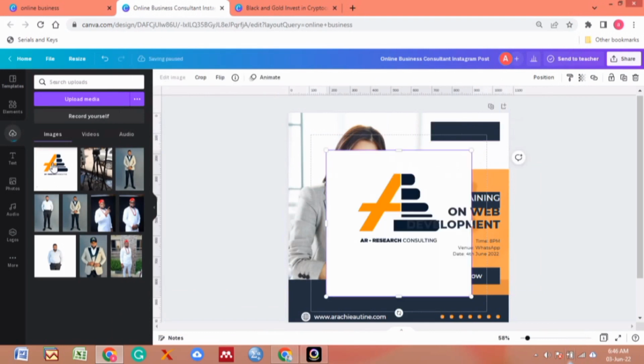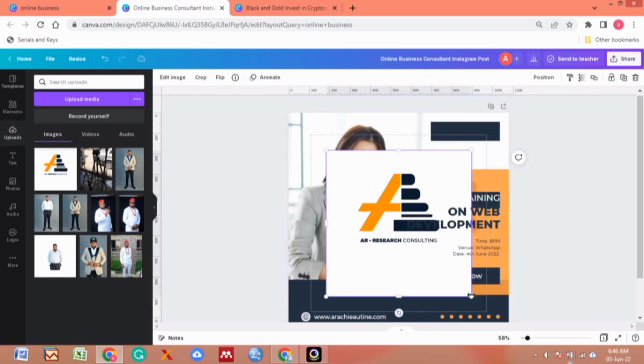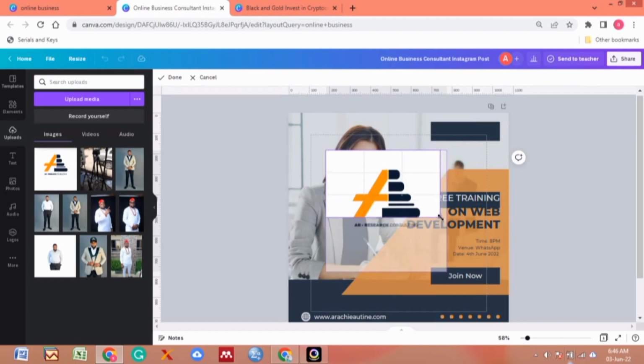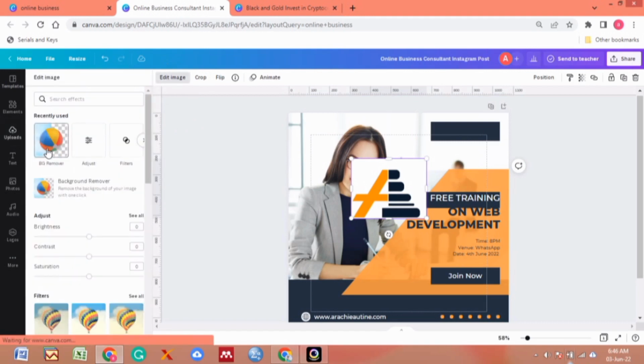Once it opens and you click on it, it comes out automatically. Then I'll remove this right up here. What I'm doing is I'm cropping the picture. All right, so I'll just remove this, then click on done. All right, then I'll click on it again, then I'll click on edit image. I'll remove the background. Once I remove the background, I'll